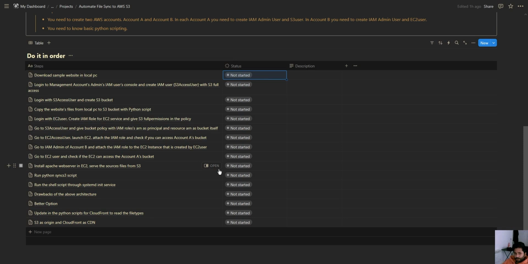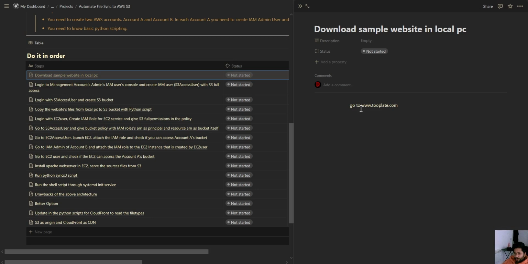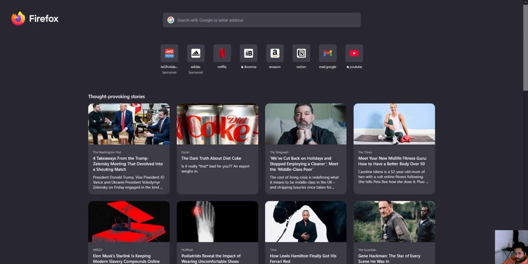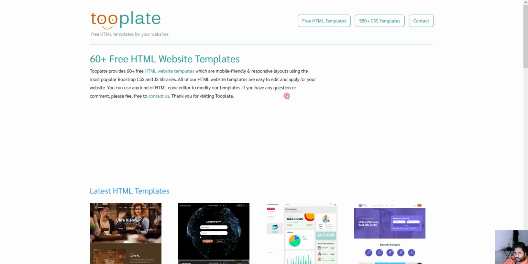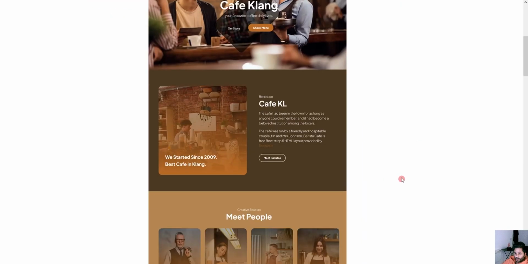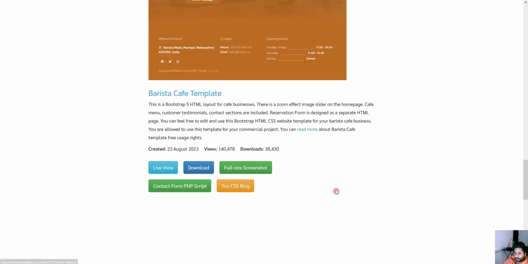So the first step, download the sample website onto your local PC. Open this. You have the information. So this is a Tooplate website. You have all the free web templates here. I'll just download this one. Go down, download,